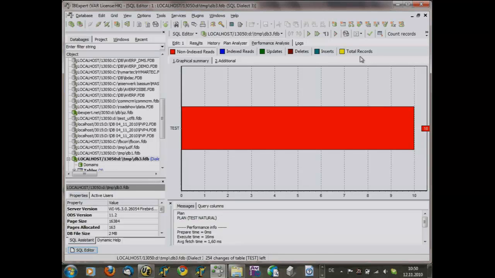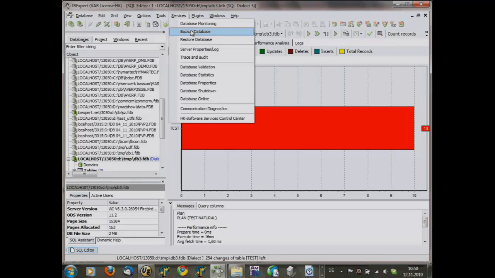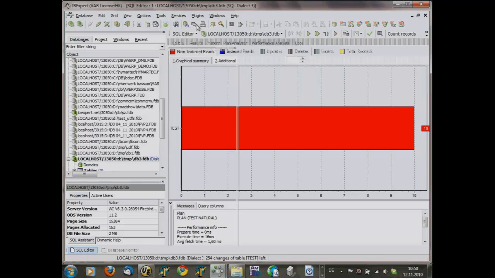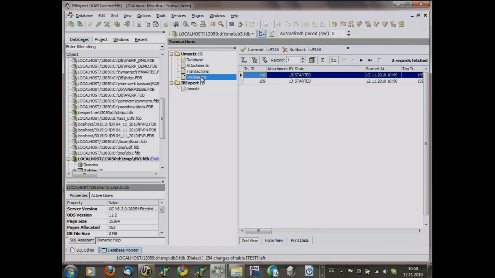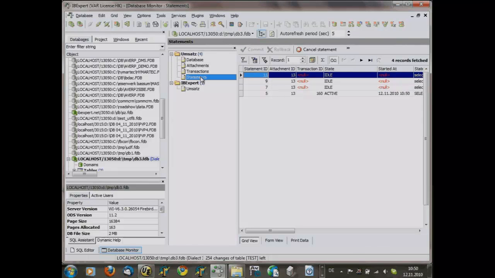In my next session, I will also tell a little bit about how to use the monitoring tables in more detail. The monitoring tables internally let you find out which attachments are currently online, which transactions are currently on this database, and what statements are currently running on this database.